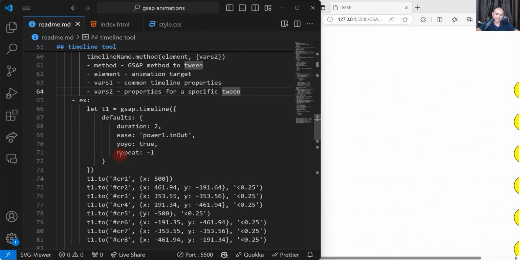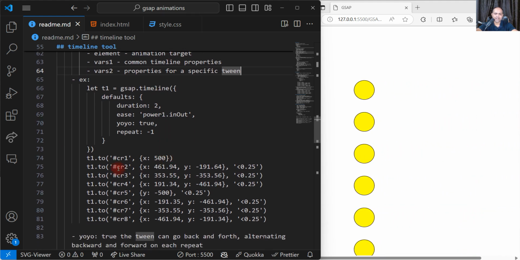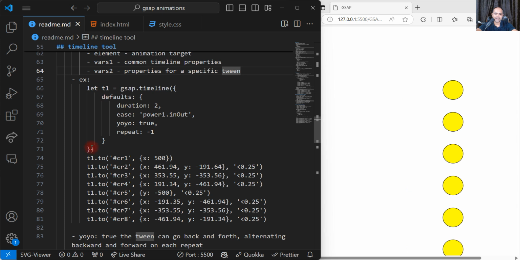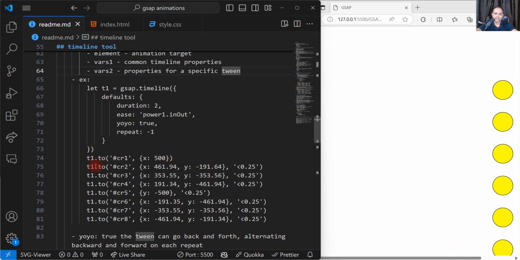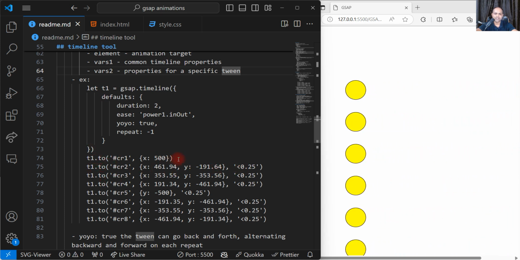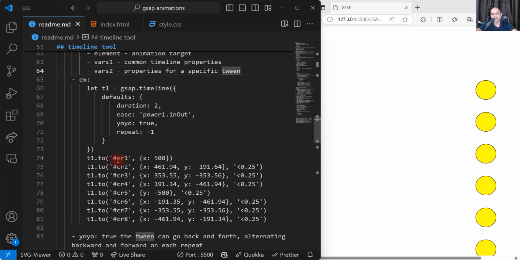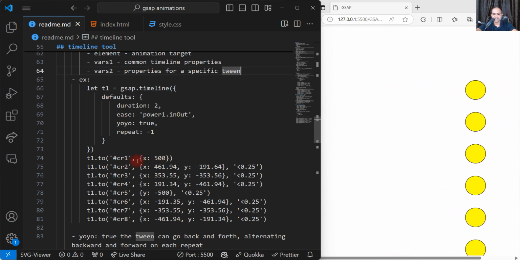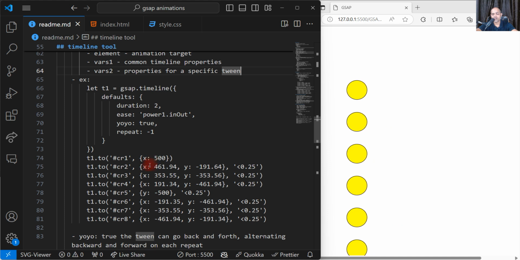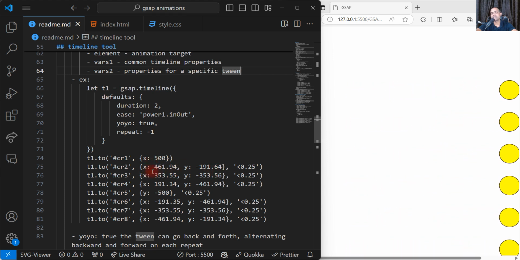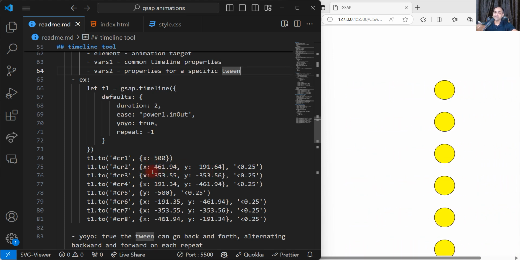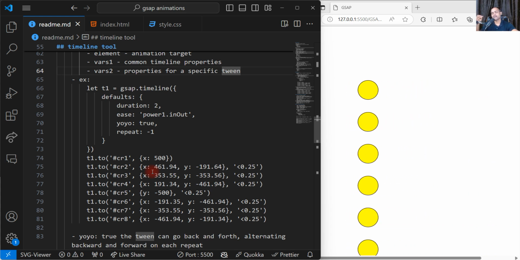Now here it is done with repeat -1. Repeat -1 means this animation will happen infinite times. Simple. So I just created a timeline, and using this timeline I attached different tweening methods to it. This is the first: I'm targeting this particular element with this ID, and then I've given x and y. These are basically transforms, like we have translateX and translateY in our